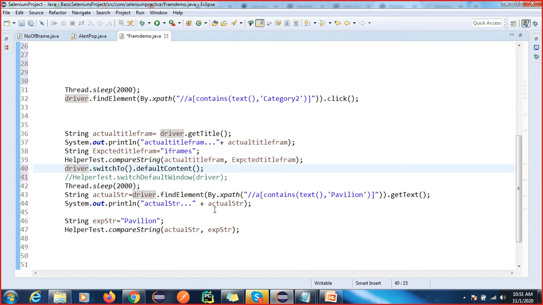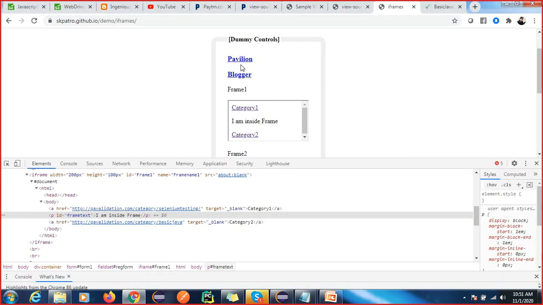So by using this line of code, where it is defaultContent, we switch. Here I am going to do three validations. If you see the report, you will get three validations. Here I am verifying this Pavilion. Why am I verifying?